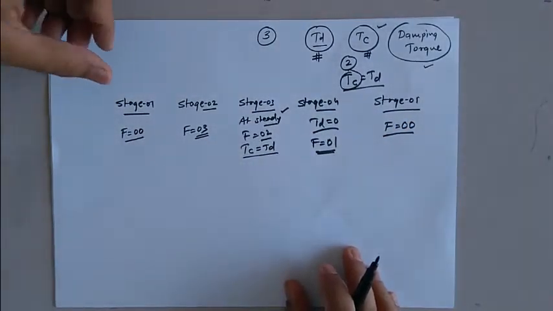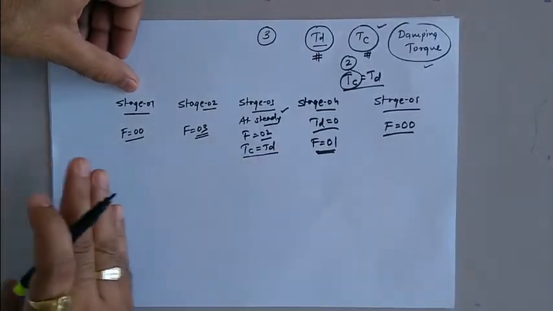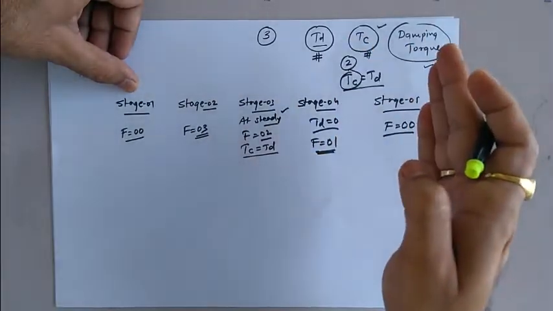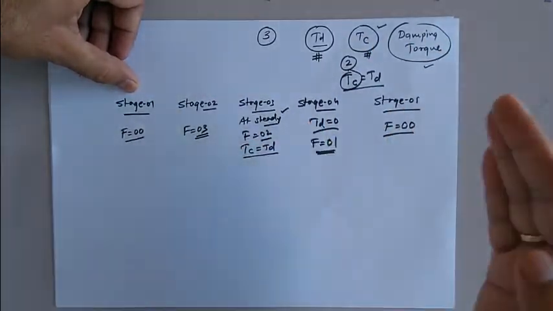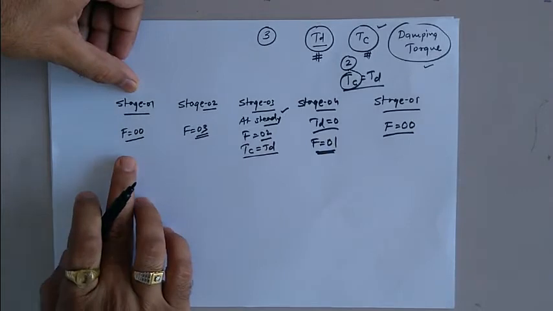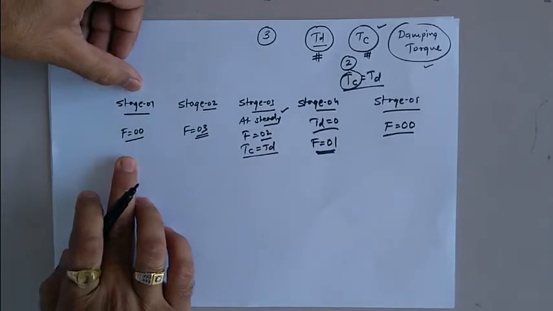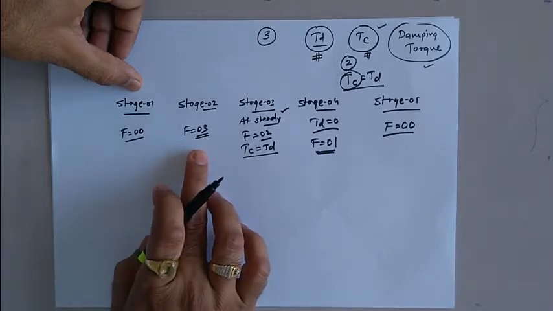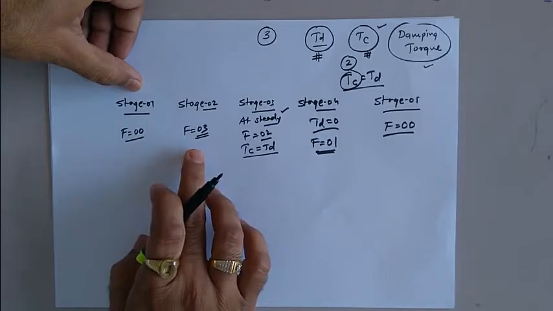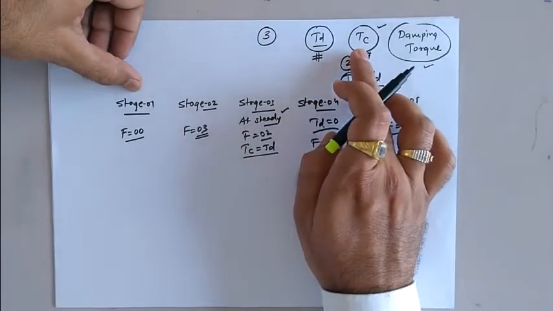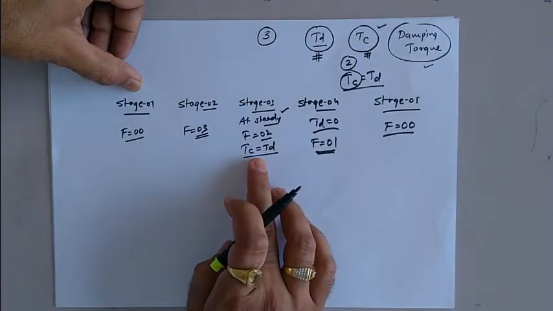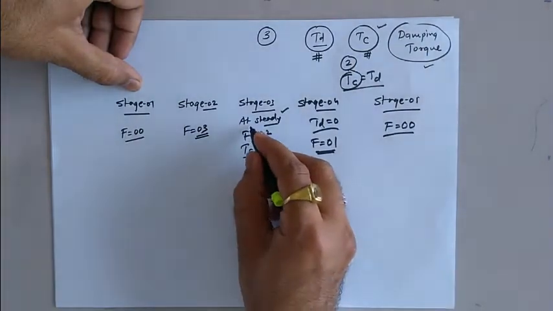That means if you see the overall flow, or you can say changes, of these operating torques or operating forces during various stages of an analog instrument. Initially, when the instrument is not connected to the circuit, the number of forces is 0. The instant when we connect that instrument to the circuit, we are having 3 forces: deflection torque, controlling torque, and the damping torque. Then next instant, at steady state condition, we are having only 2 forces.